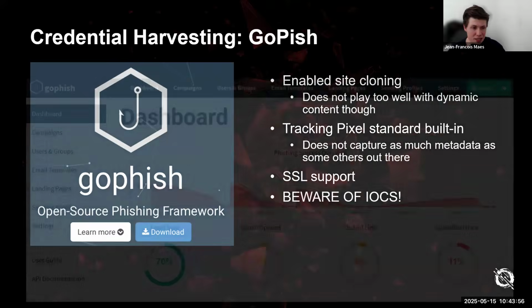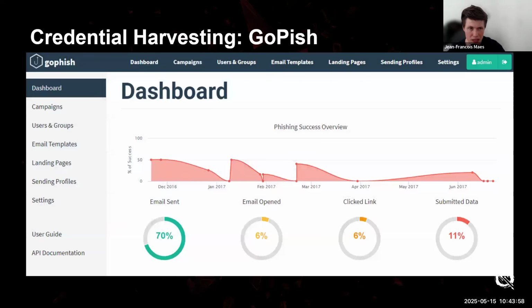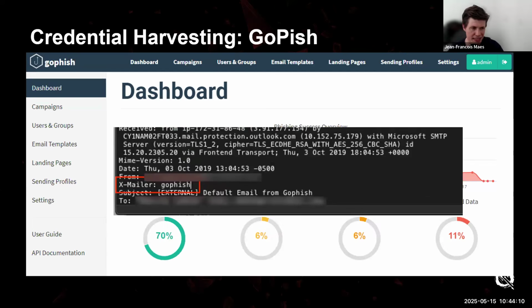etc. While it is fancy, right? It does give you a nice little dashboard where you can track how many people clicked on the things, how many emails were sent, how many people submitted their credentials. As I said, it also has indicators of compromise. For example, with GoPhish, there is a mail header called the X-Mailer, which is actually going to show GoPhish.